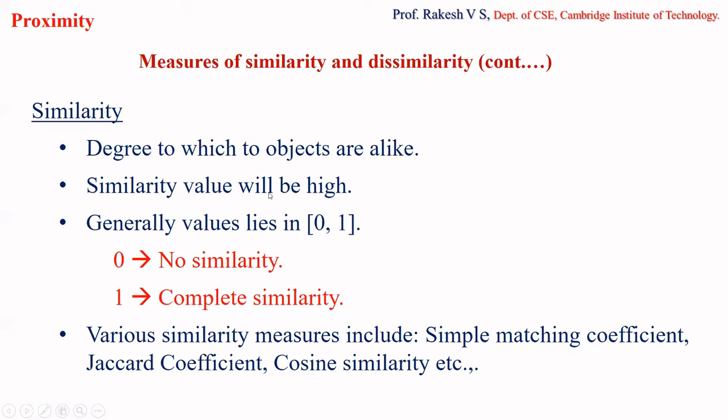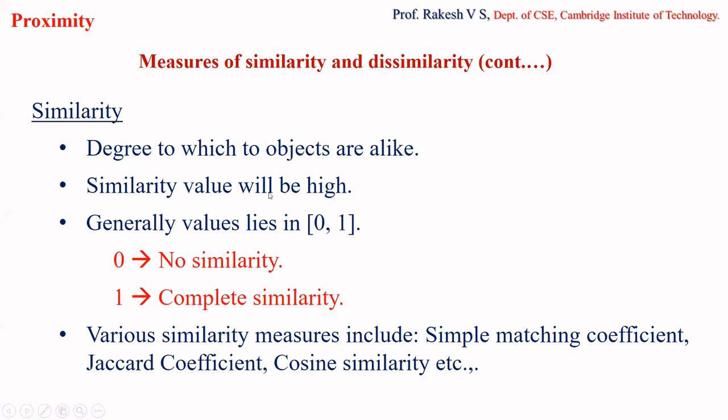to each other. And if I get anywhere in between, then depending upon whether it is close to 0 or 1, I can tell how close they are or how much they match. So that is your similarity. Hope you have understood what similarity is. It is the measurement of the degree to which both objects look the same or are similar to each other. Generally the values lie between 0 and 1.